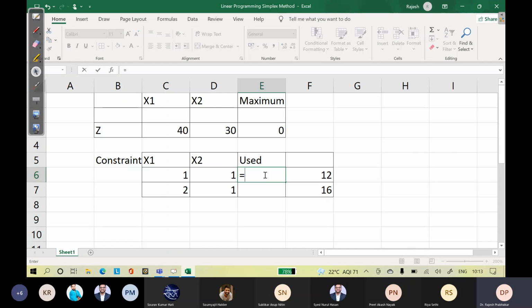So this is equal to this into this plus this into this.